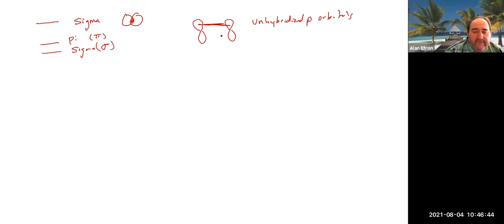And it's a different type of overlap, sometimes referred to as sideways overlap. And when we have a triple bond, which is 3 lines, we have a sigma bond and 2 pi bonds that basically make it up. So when we look at something like this,